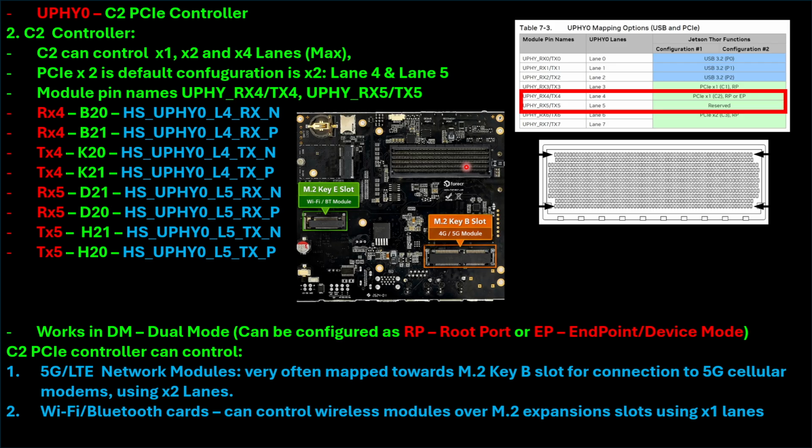So once again, two lanes which are controlled by the C2 controller are going towards this slot, and in this slot there can be installed or attached 4G or 5G modules, and you can count that because the PCIe lane in this case is